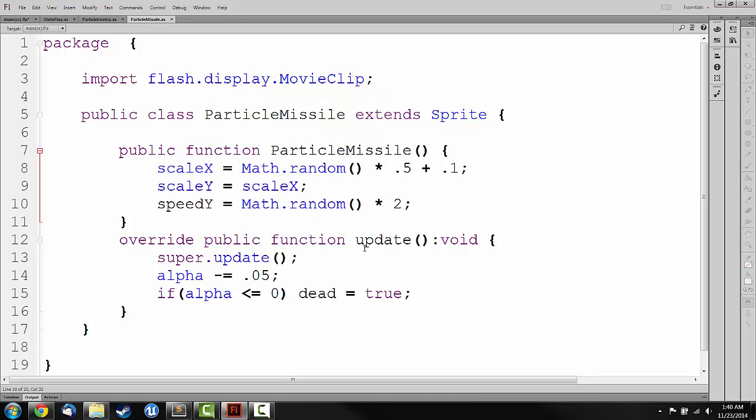Okay, well, I think there's one more thing we have to do to make this a game, and that is we have to have a win state or a lose state. So I'm going to make it so that if any enemy goes off the bottom of the screen, then the player loses. So to do that,